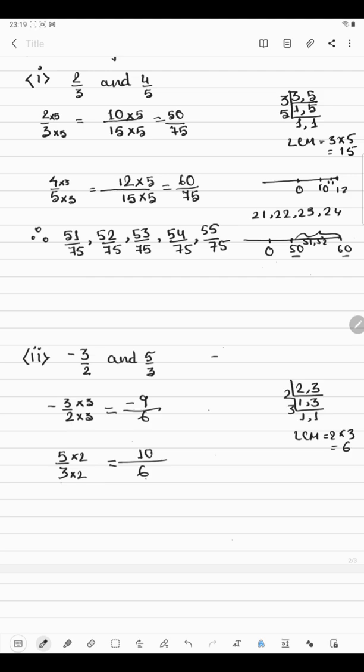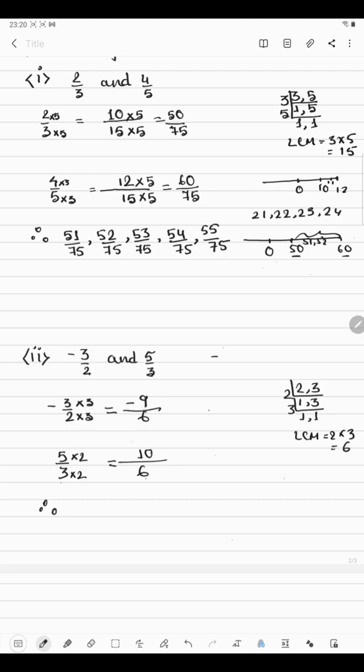Now what we have to do, we have to make 5 rational numbers. Now see, if you check the negative rational numbers, a total of 8 rational numbers are coming, and if you check the positive ones, we are getting a total of 9 rational numbers. That means we will only have to write 5 rational numbers. So either we will take the negative side or we will take the positive side, but we will not take this limit.